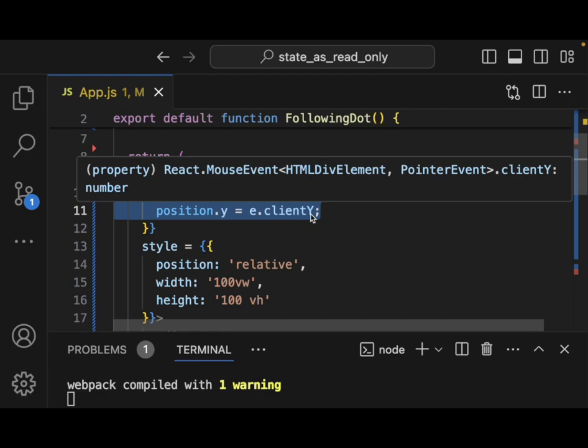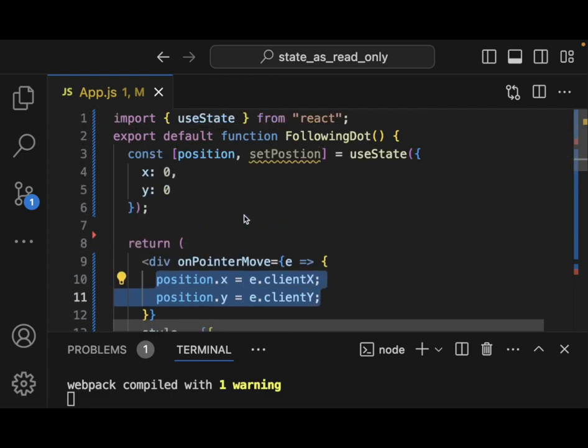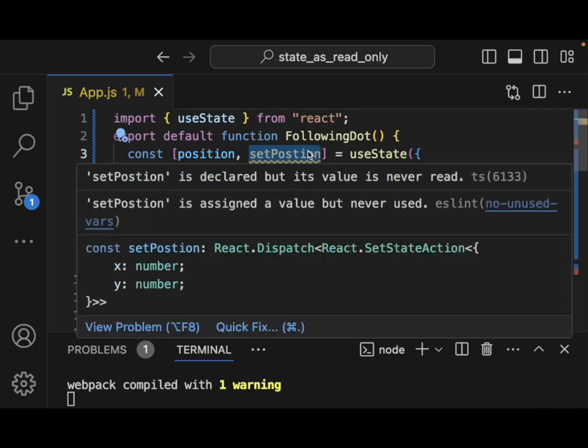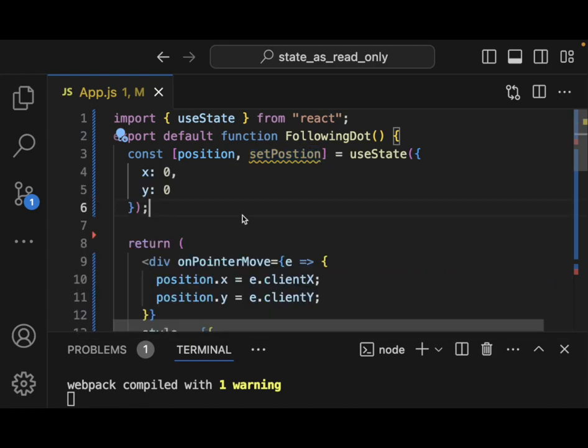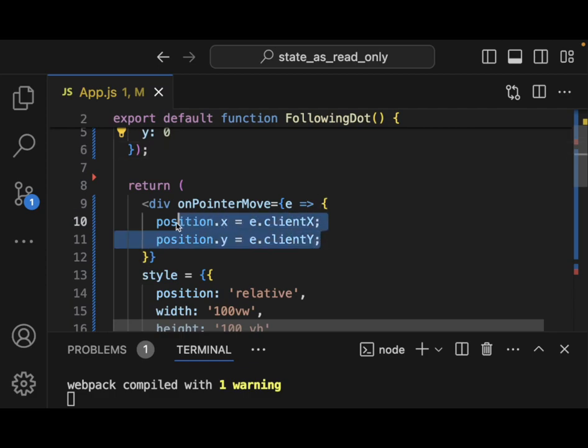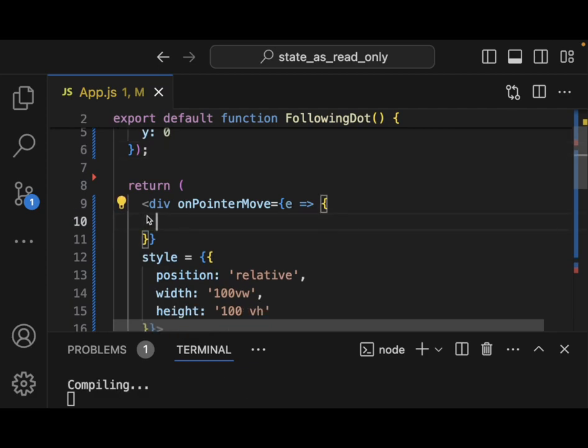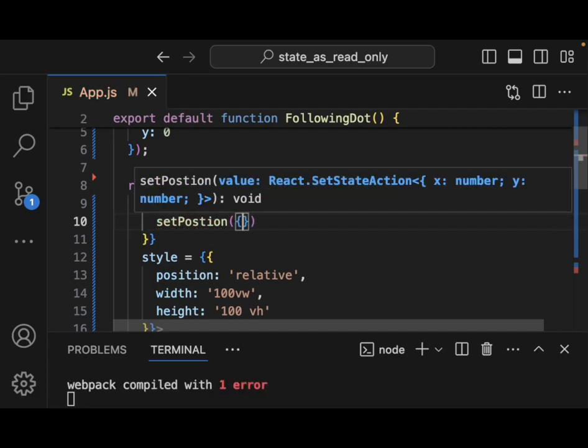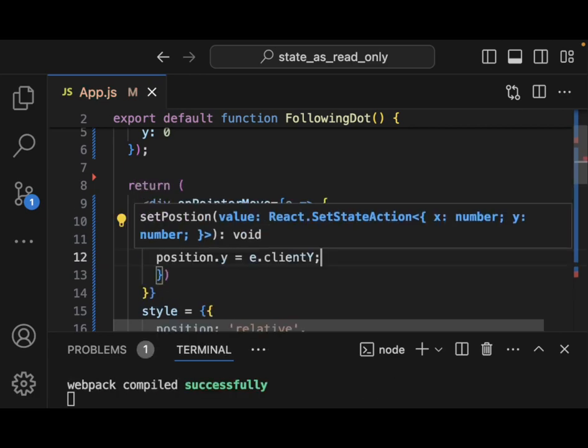So again, without using this state setting function that we have here, React has no idea that an object has changed. So React does not do anything with it. It just says, I didn't do anything. So how do we actually set this up to change? Well, we can cut this out. We can do set position. And remember it has to go in as